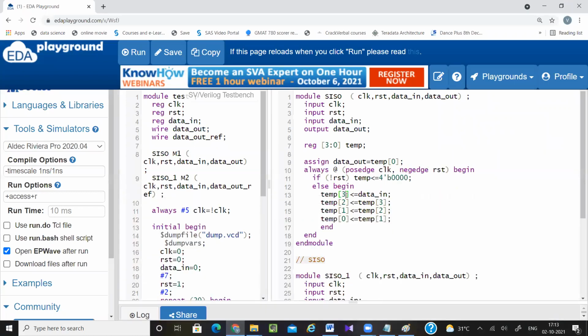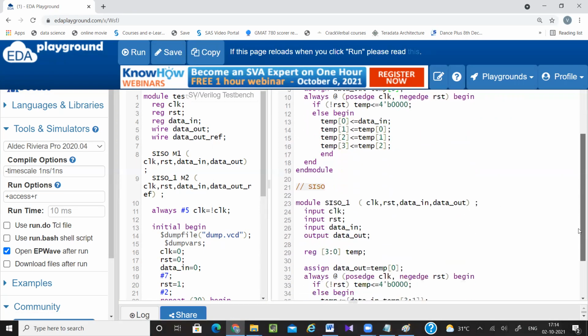So here temp 0 equal to D in, then temp 1 equal to temp 0. Initially it was temp 0 equal to temp 1, so I'm just reversing the direction. Now here temp 2 equal to temp 1 and temp 3 equal to temp 2, and output I'll be taking from temp 3. So this is the code changed here.